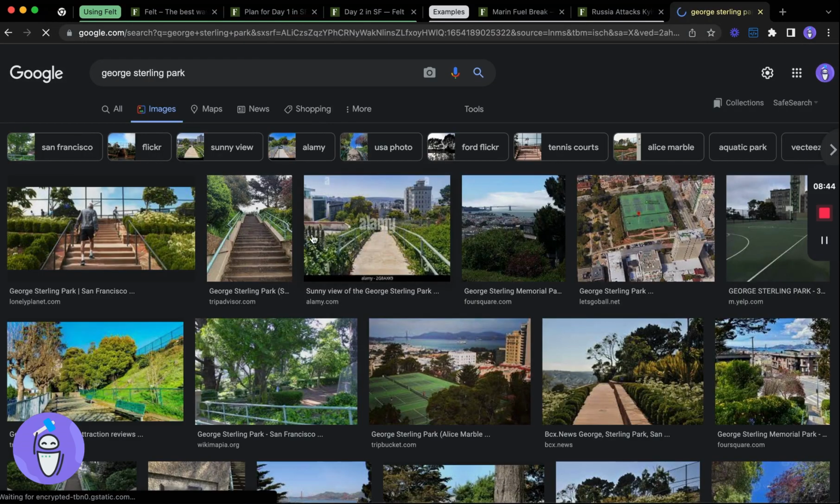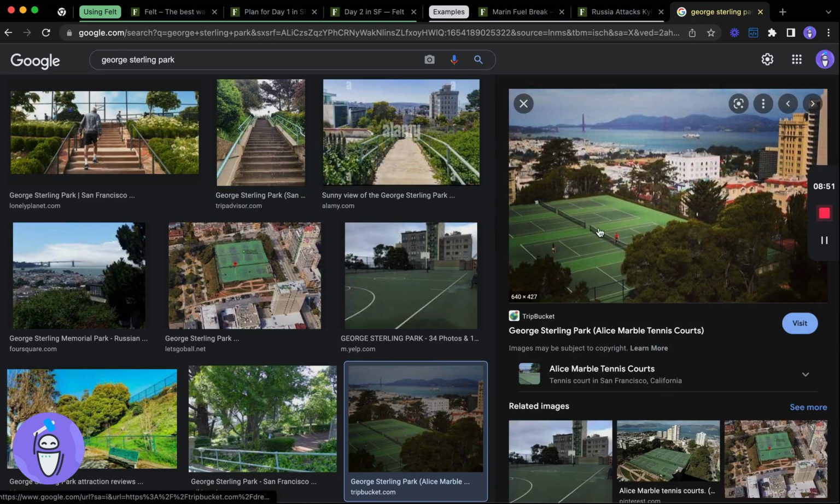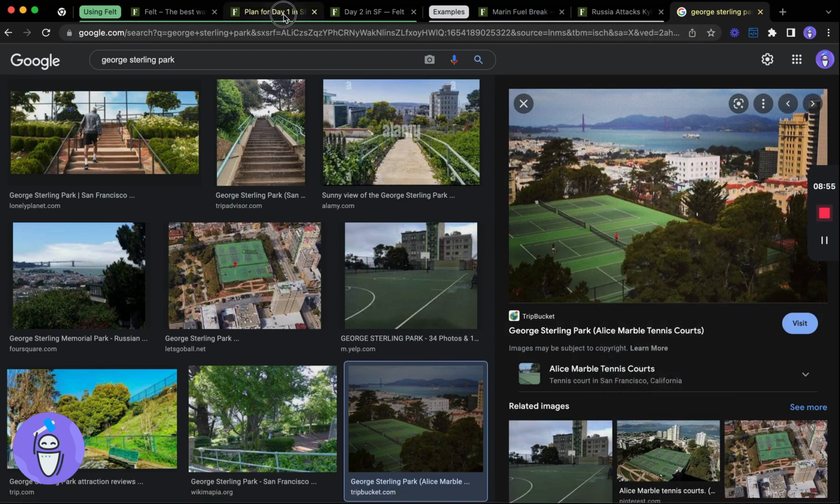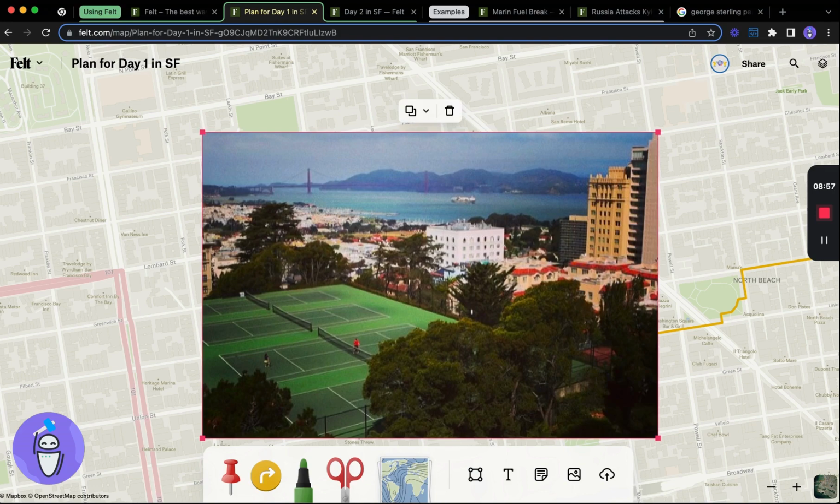Now we should have some good views of what that park looks like. Okay, neat. So here we have some views of that park. There's a really good one. So we've got some neat tennis courts up here. So I'm going to take that image again and just drop that in here so you can see what that